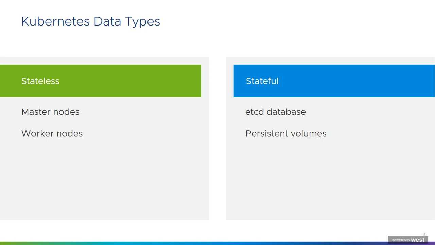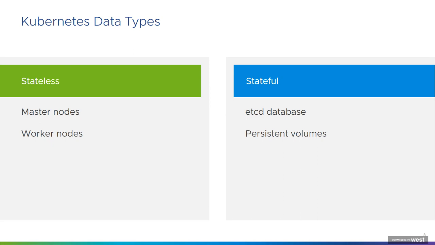This is the persistent storage backend for the Kubernetes API. This is where all of your Kubernetes resource definitions live. And so this will be a really important part of our backup and recovery strategy. And then additionally, if you're running stateful workloads on Kubernetes, you're almost certainly taking advantage of persistent volumes. And this will be where your application's data lives. And so again, if we're talking about backup and recovery, we need to be able to capture the information in